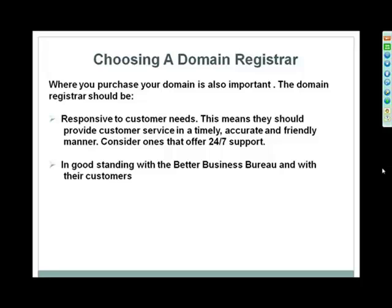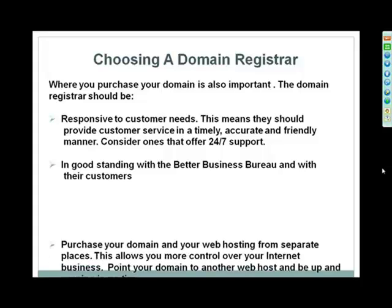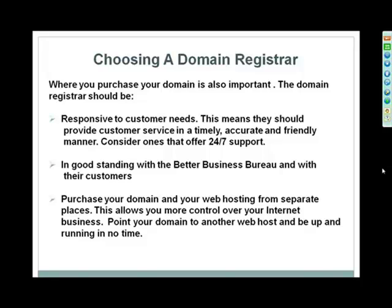Some domain places offer hosting. It's nowhere near as feature rich as hosting you would get somewhere else, much like some hosting companies could allow you to register domains, but it's just not quite as good as if you register elsewhere. So these are just some things to look at when choosing a good domain registrar when you're starting out,